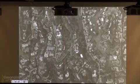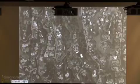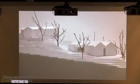So this is a project that's just finishing construction in Los Angeles, and it is on the estate of a really significant architectural home by an architect named Paul Williams, a very accomplished African-American architect in Los Angeles, really beloved by people of all generations. And so our client is a collector and has lived in this house on and off since he was a boy. And so he was really committed to